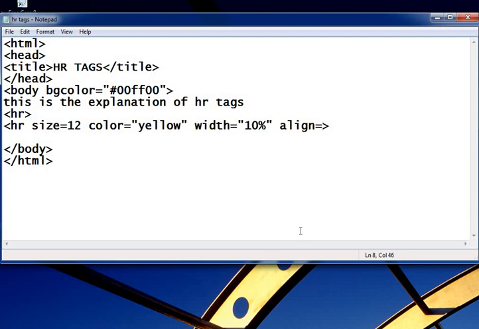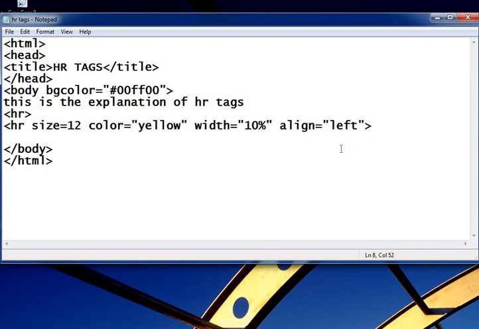The align attribute will only be useful when the horizontal width of the line is less than the width of the page. For example, left, right, or center.